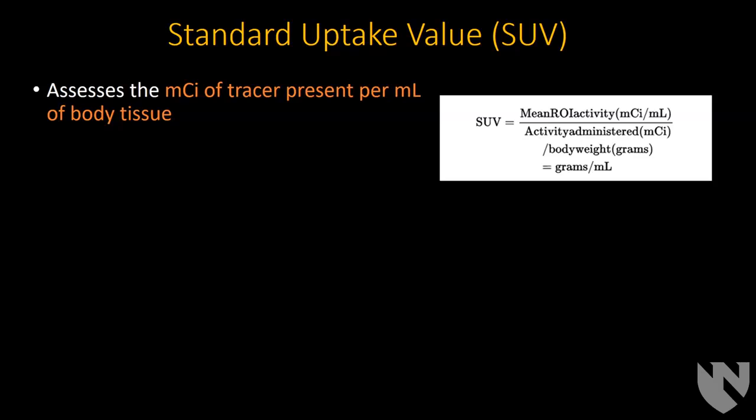And so your SUV, that ratio of what you measure versus what you would have expected to measure, will be more than 1 in those areas that have higher uptake, and it'll be less than 1 in those areas that have less, like the subQ fat. And this is important to understand in that it accounts for the size of the patient, the amount of radiotracer injected, and the decay time, but it does not account for